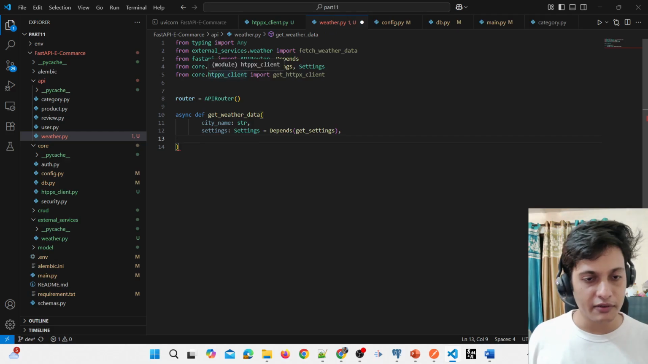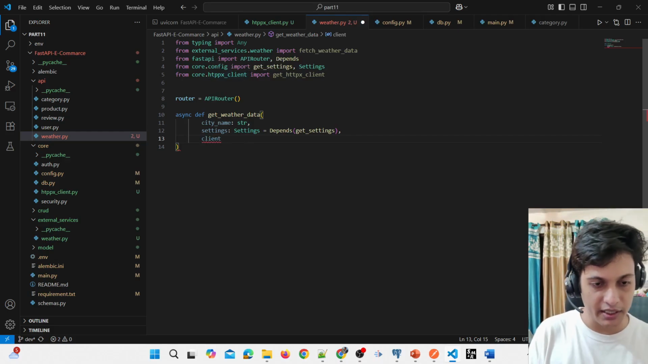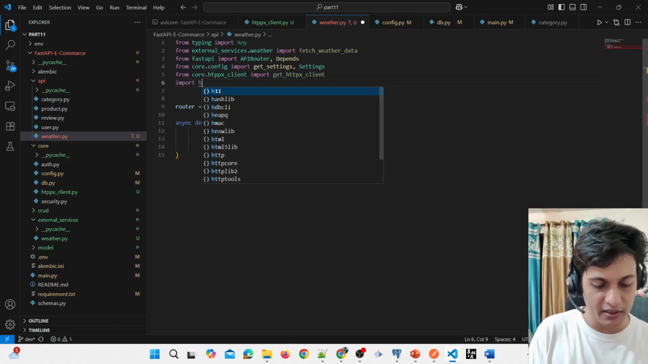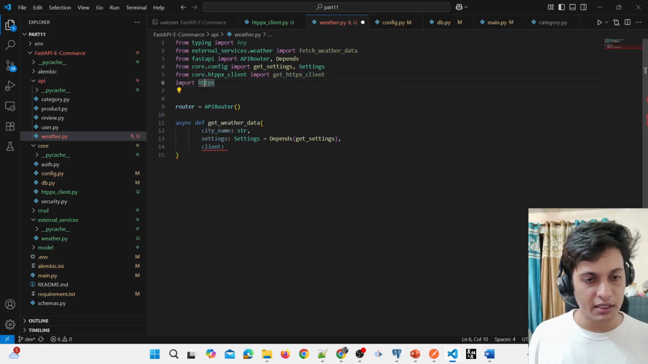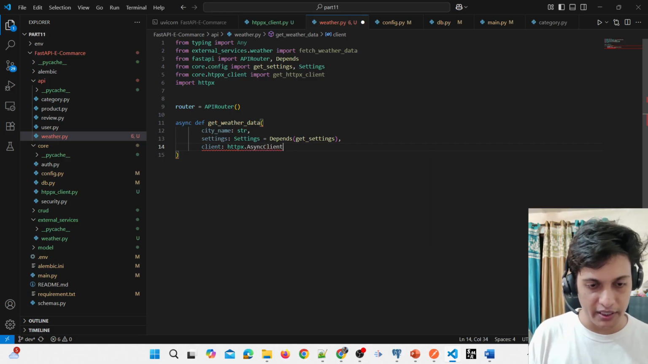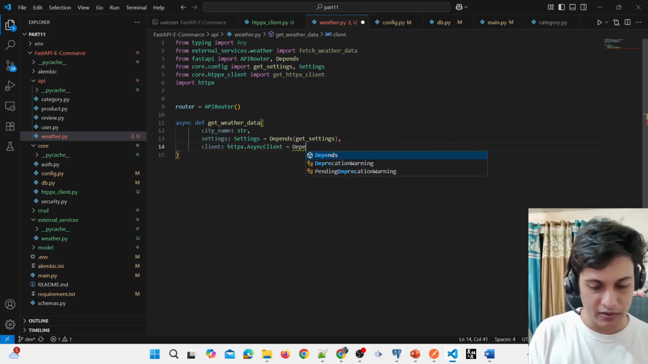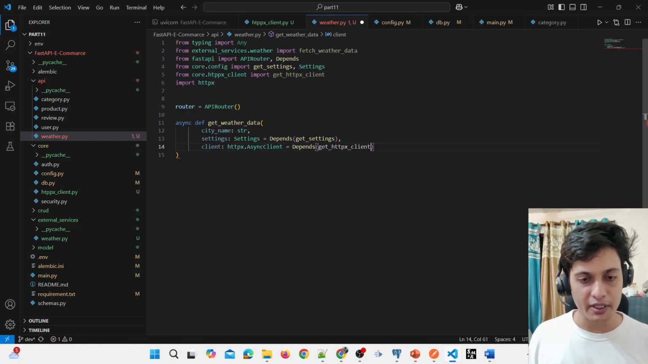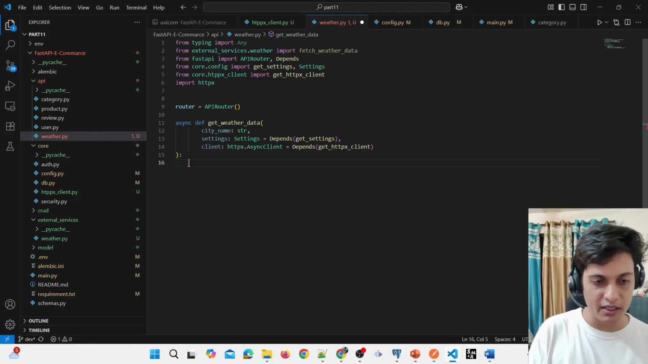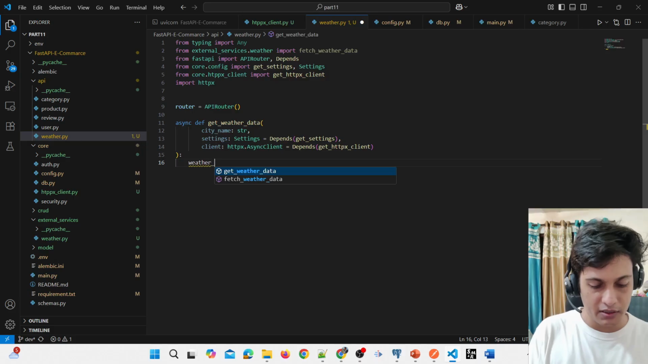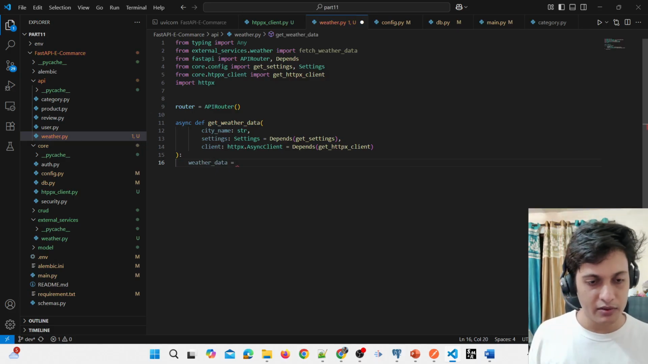And then after that we need to create the client. We need to import HTTPX as well here. This client will be of type httpx.AsyncClient equals Depends on get_httpx_client. So we are just creating the API here, and what it will do is weather_data equals